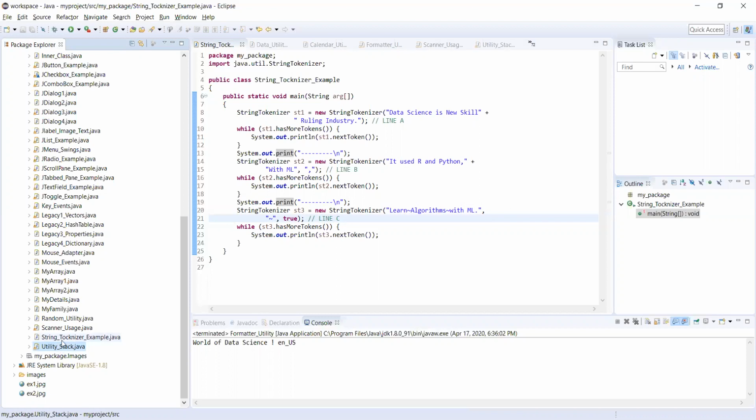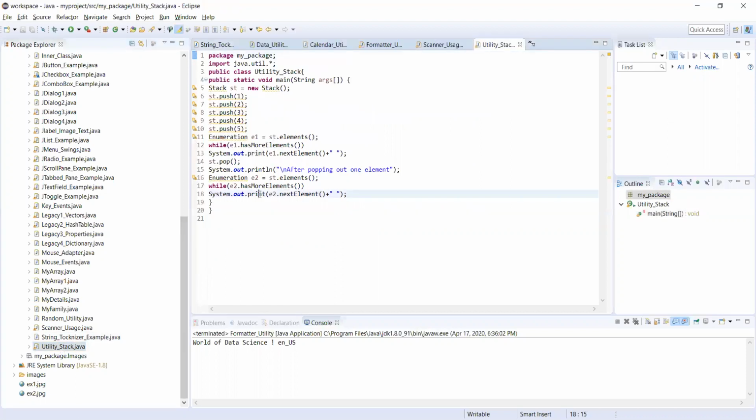If you are referencing the first one, the utility Stack, just observe here, friends, we are making use of the util package, and I'm creating a Stack in the main function. I'm directly making use of this Stack.